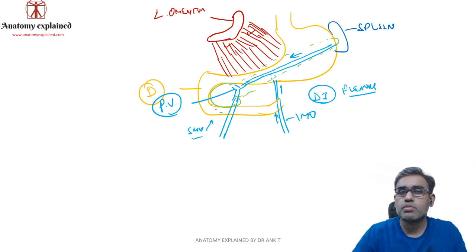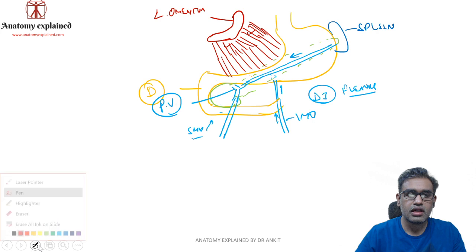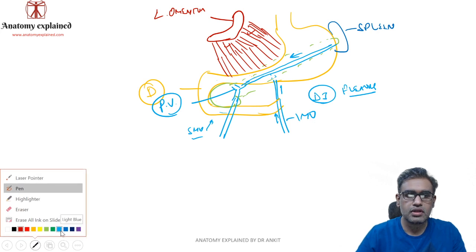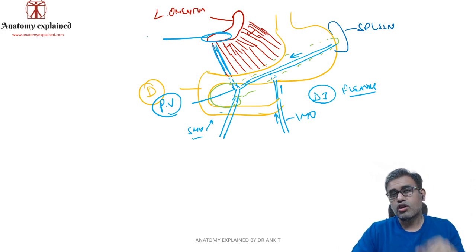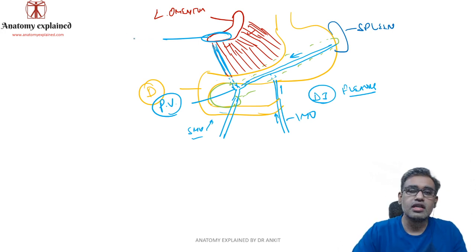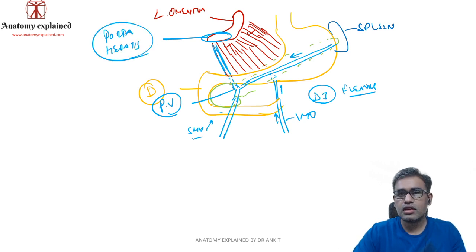Now look at the position of the portal vein. Over here we can make out that the portal vein will ascend behind the neck of the pancreas. It will go behind the first part of the duodenum, and then it lies in the right free margin of the lesser omentum, where you have all three portal triad structures, and it will enter the porta hepatis. There is a lower horizontal attachment of the lesser omentum on the liver. There we call it the porta hepatis, where you have the portal vein, the hepatic artery, and the common bile duct or common hepatic duct.